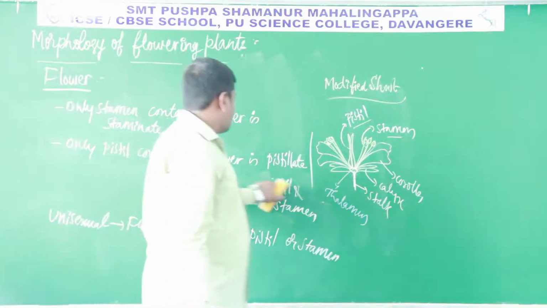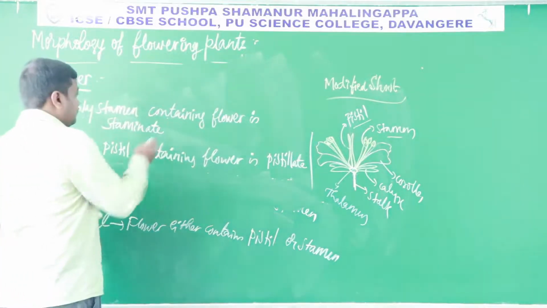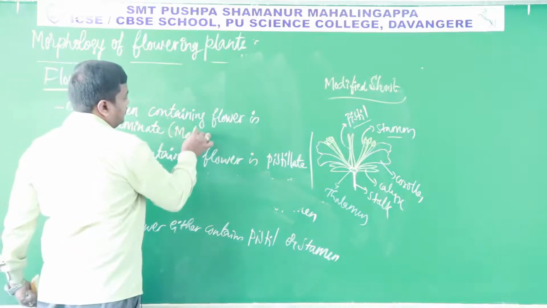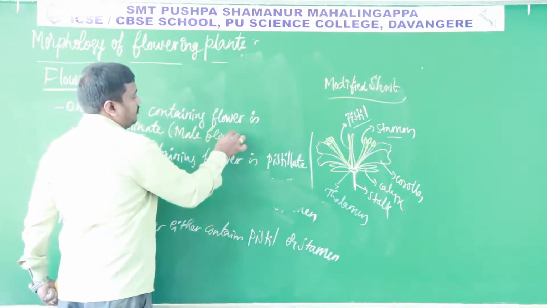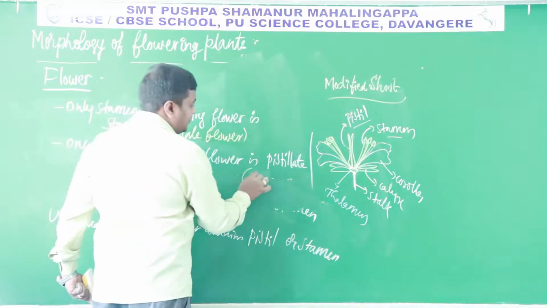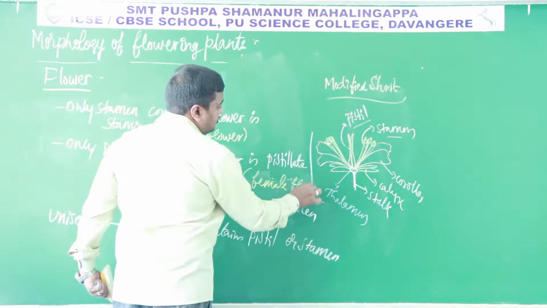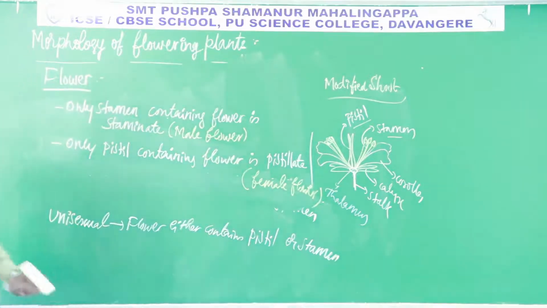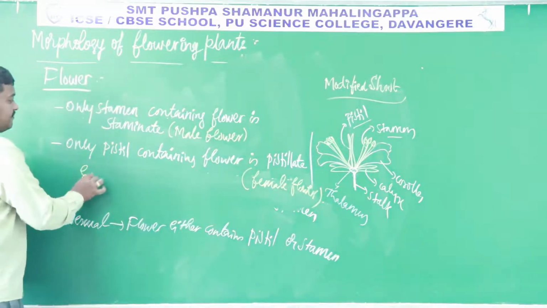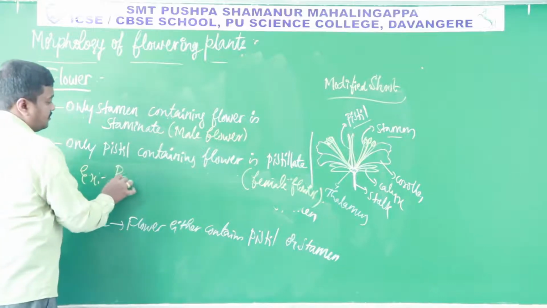Okay, so this staminate is nothing but male flower and pistillate is nothing but female flower. Okay, so this staminate and pistillate flowers, they are produced in